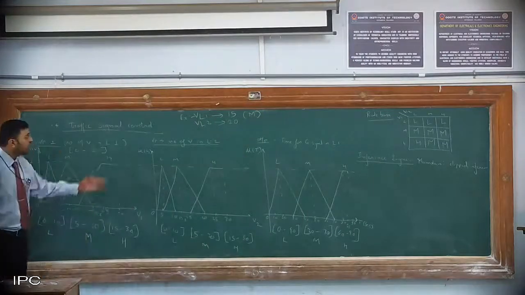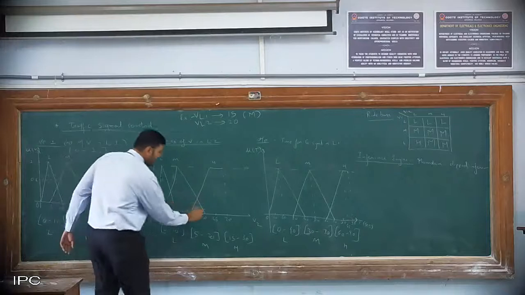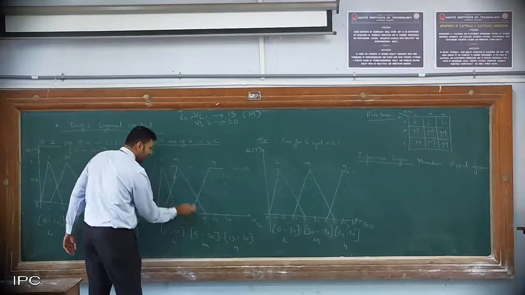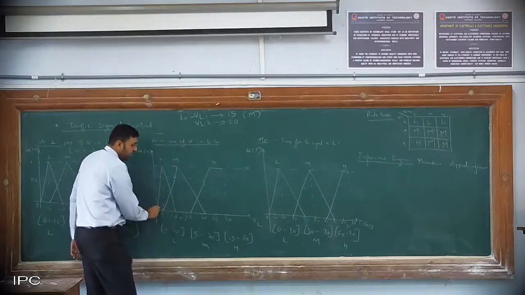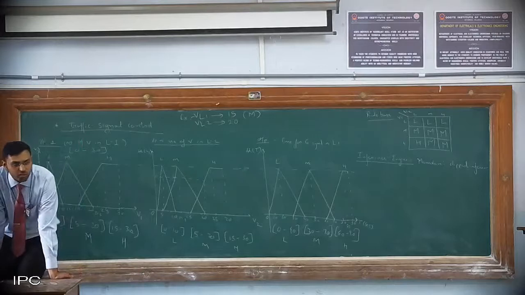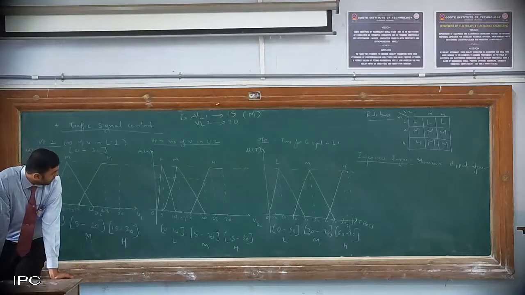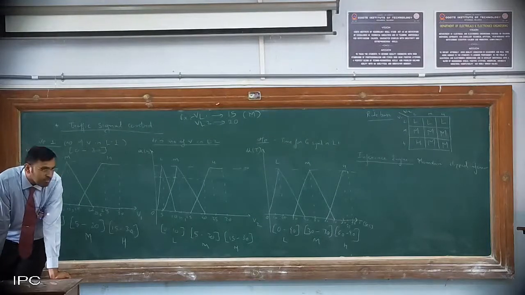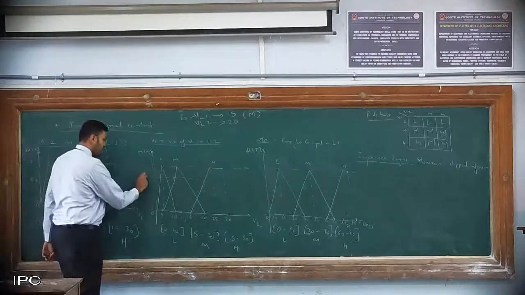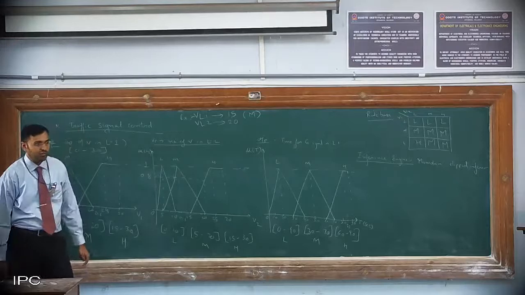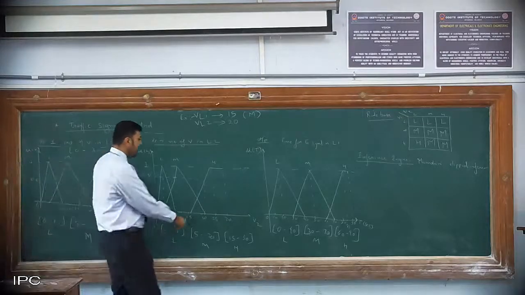Next, which one have you selected? 20. 20 will come here now. So there is a cutting at this part and cutting at this part. Now you tell me which two membership functions it is coming in contact with. It is coming in medium and high. In medium, what is the value? And in high, let us say 0.8. Let us say this is 1. Everywhere it is 1. Maximum value is 1. So 0.8. So 0.8 means high.